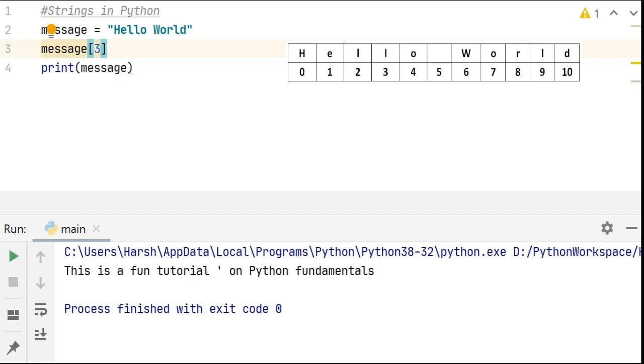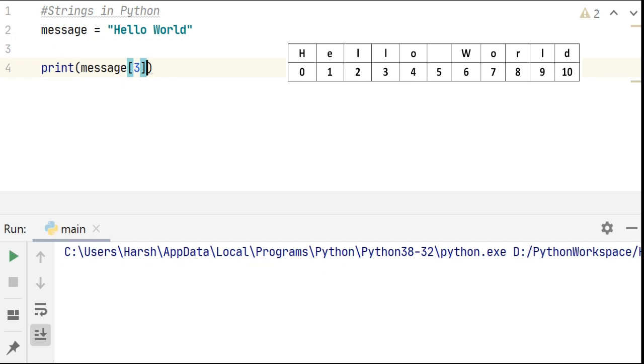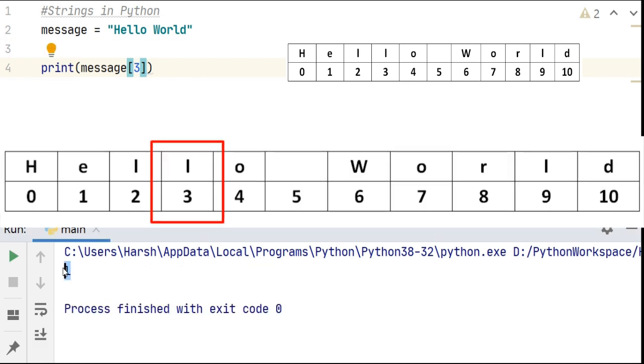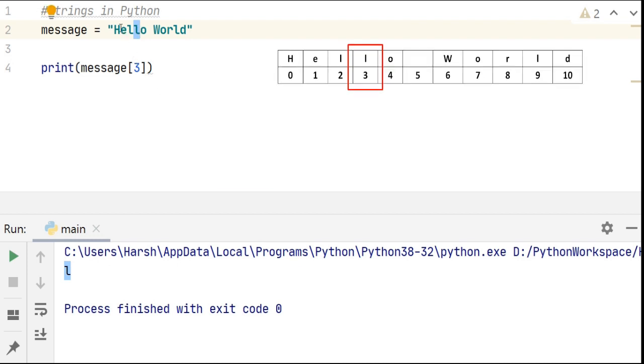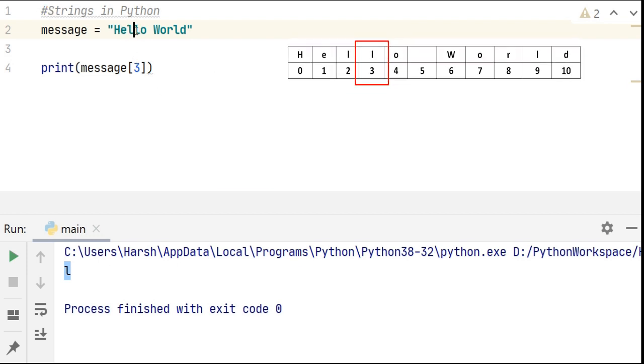Why? Because the fourth character is present at the index 3. Now let's go ahead and print this. This gives us L, which is this: 0, 1, 2 and 3.